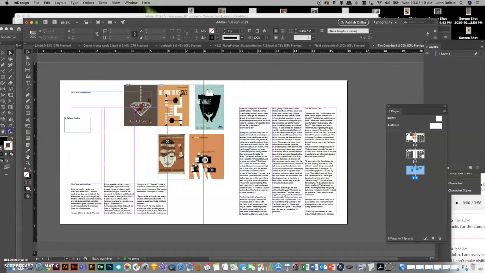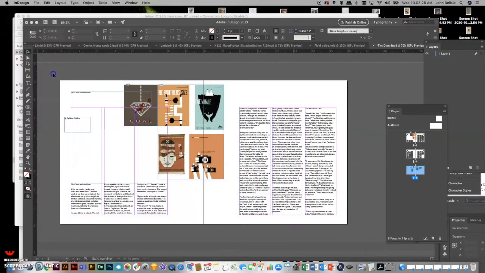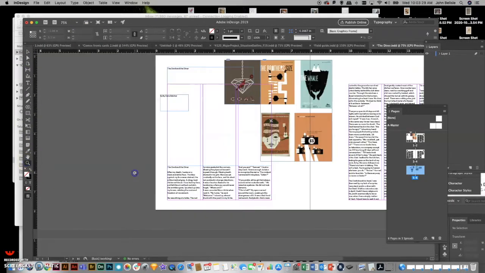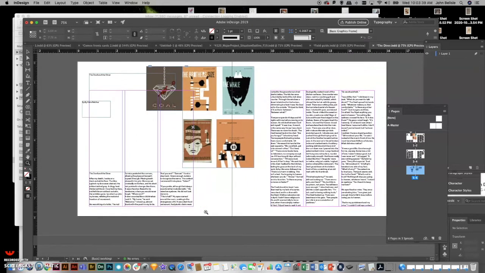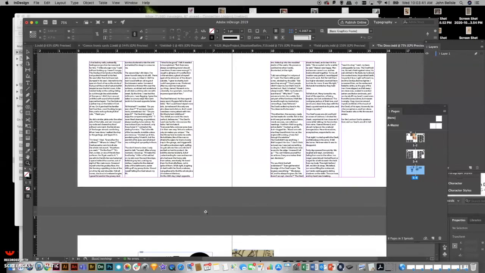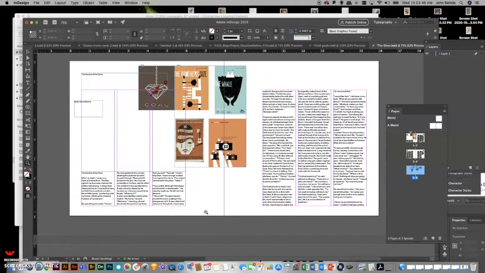Okay, guys, this in-class exercise has a few elements to it. I'm giving it to you because I want you to start really understanding the difference between pure illustration and creating graphics. This story is called The Devil and the Diner. It's fairly interesting. You can see I've basically copy fit it for you. So the real challenge with this in-class exercise is to create a graphic and a title for it,